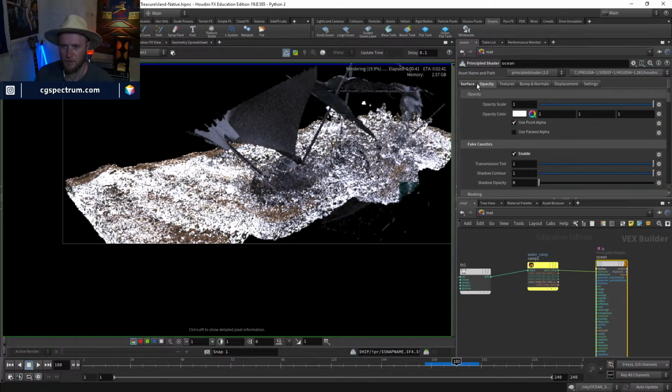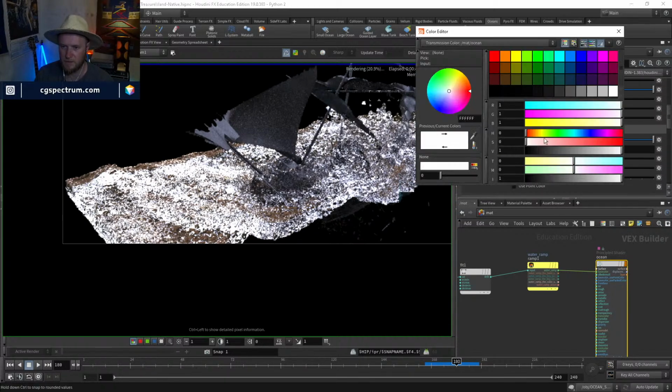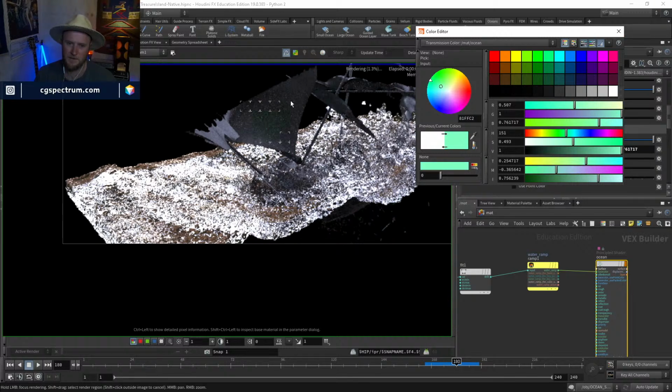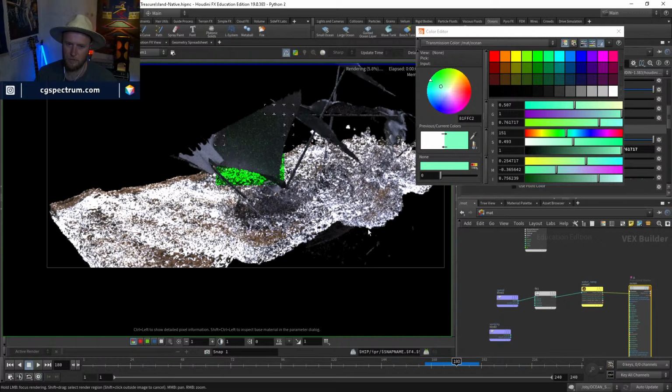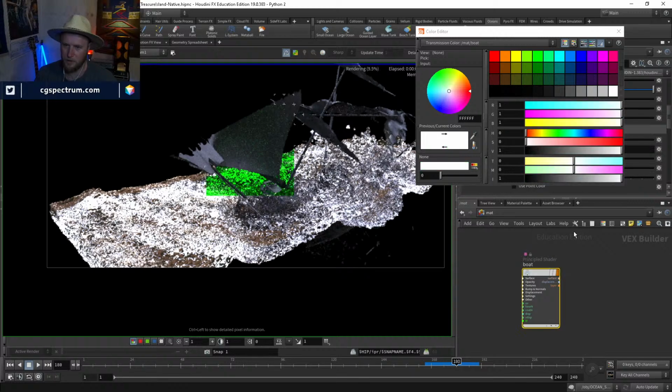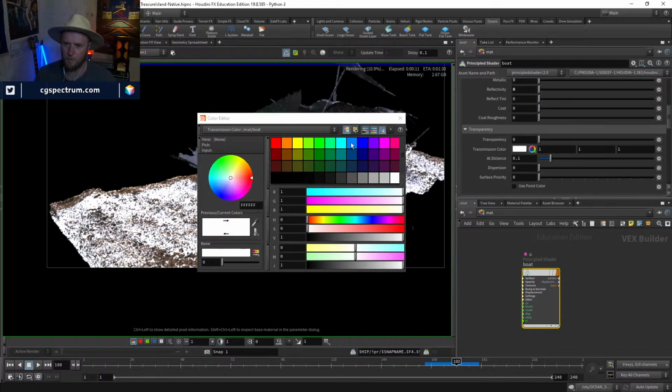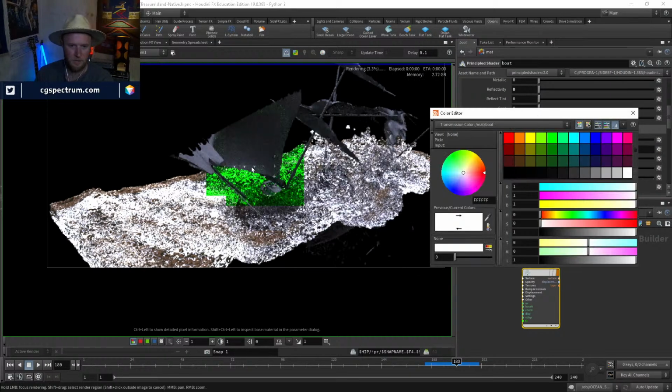So let's also give this a transmission tint. I'm going to give it some sort of colour, I don't know, greenish colour. And we'll see if we can get this going. You can see we're getting reflected light, or reflection, on our boat. So we could, ooh, look at that, yuck. We could turn down, or just turn off our boat reflections. That will speed up the render as well. There you go. Okay, so our transmission tint is